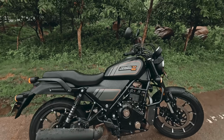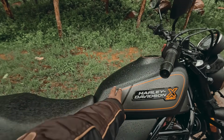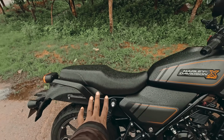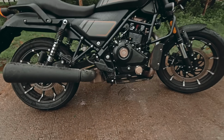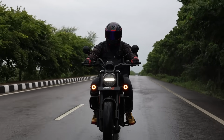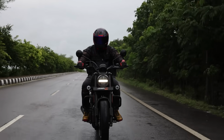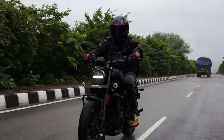Okay, a few of the other things that you need to note: a 13.5 liter steel tank, so you can put those magnetic tank bags right on top of it. 805mm seat height, it's pretty reasonable, doesn't feel too tall, and 170mm of ground clearance, which is sufficient enough to take you through the biggest and the worst speed breaker that you'll find through the city roads. And most importantly, the exhaust is unmistakably Harley. So let's go ahead and